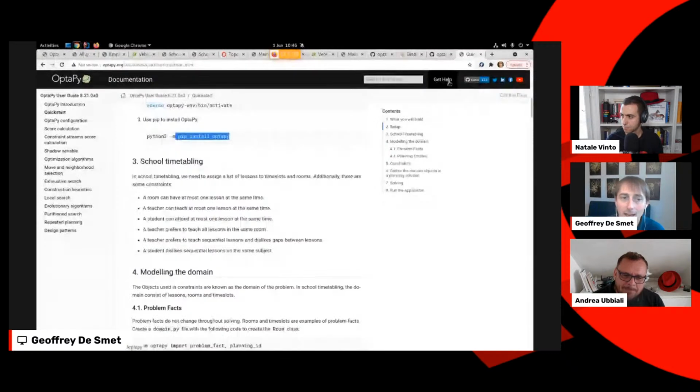It's a bit slower though. That's what I was going to ask. If you then have to create a system that works in production at scale, you may want to, if you've done all your experiments, then implement it in Quarkus, maybe. Yeah. So Quarkus. We have different levels of speed, and we're always making Optaplanner and Optapy faster and faster, of course, right?